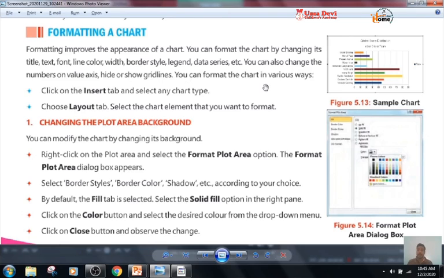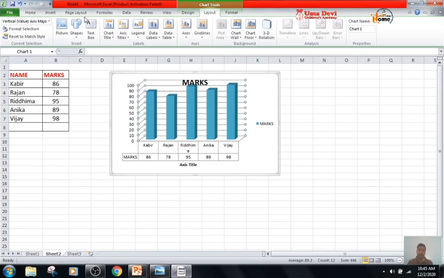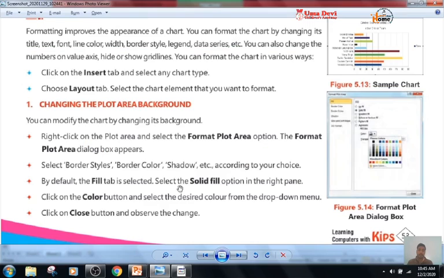Firstly, we will click on the Insert tab and select any chart type. Choose the Layout tab and select the chart element that you want to format. We will click on Layout, then whichever label we need to format, we will click on that.